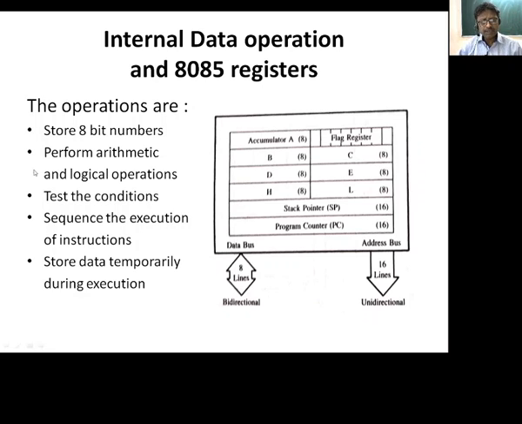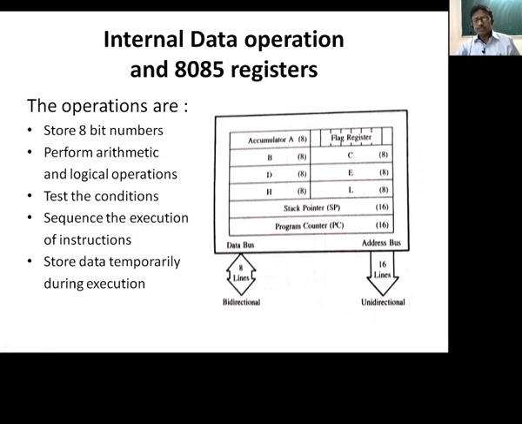As far as the internal registers used in 8085, they are given in this particular figure. We have a set of registers for storing 8-bit numbers: accumulator, B register, C register, D, E, H, L, and all these are called general purpose registers, which can be used to store 8-bit information.